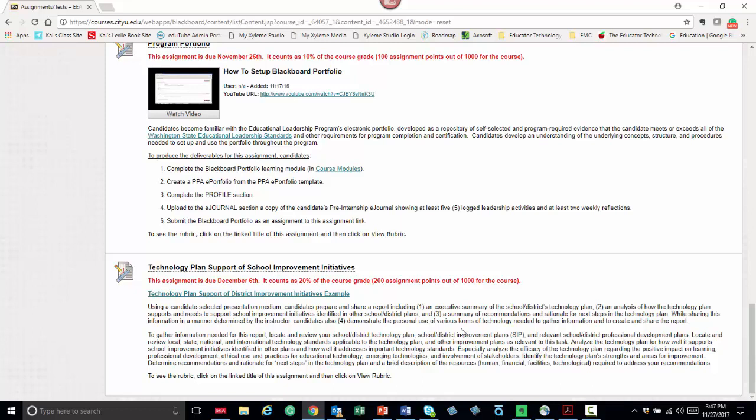Candidates also will, four, demonstrate the personal use of various forms of technology needed to gather information and to create